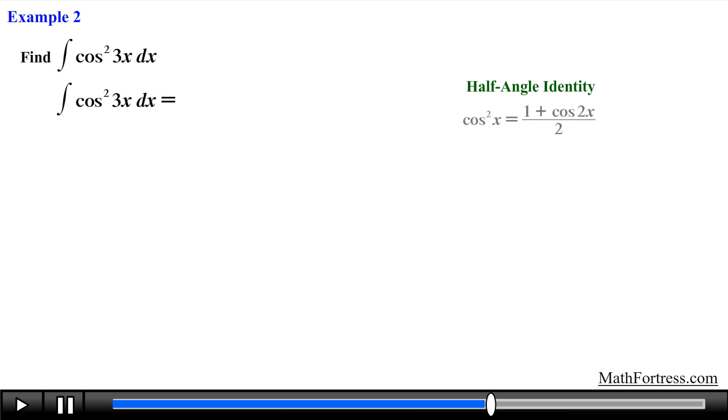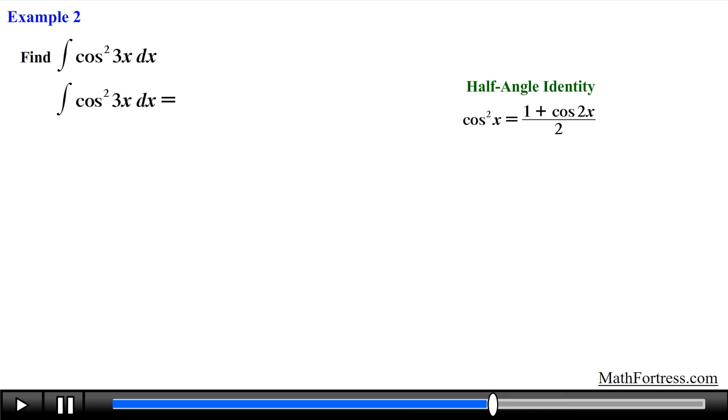Find the integral of cosine squared of 3x dx. Notice that this integral contains powers of sine and cosine that are even. In this case, the power on sine is 0. This is the reason why the sine term is nowhere to be found in the integrand. But this is not the case for cosine, which contains an even power greater than 0. This means that we need to make use of the modified half-angle identities to reduce the even power into an